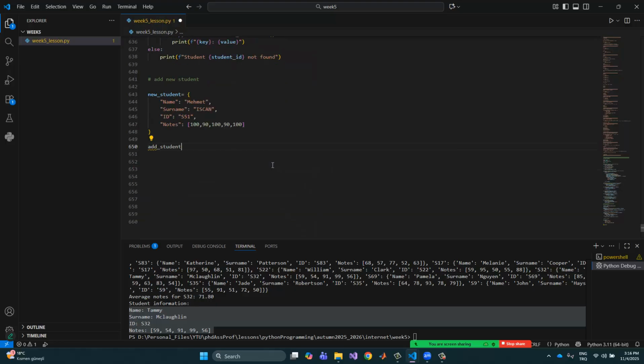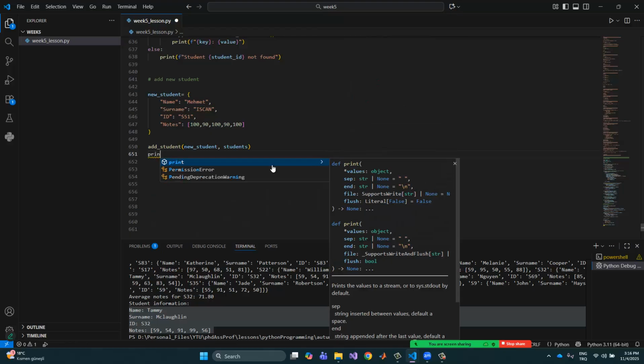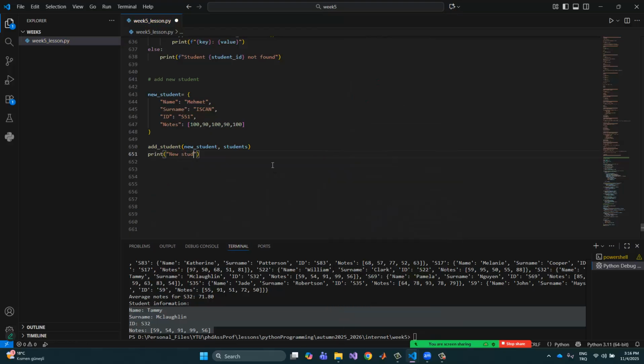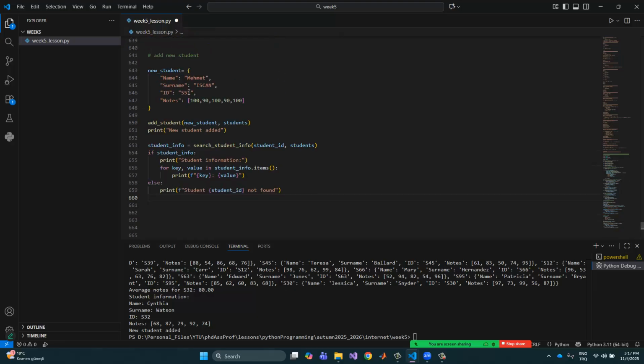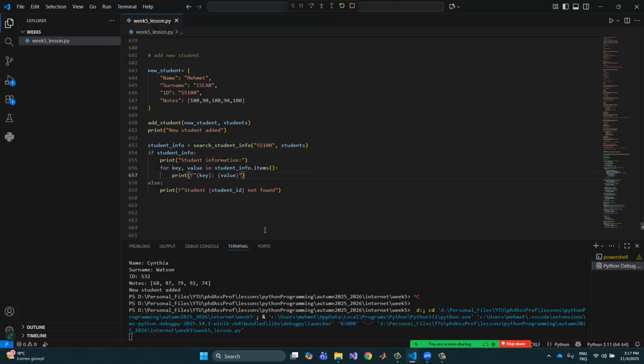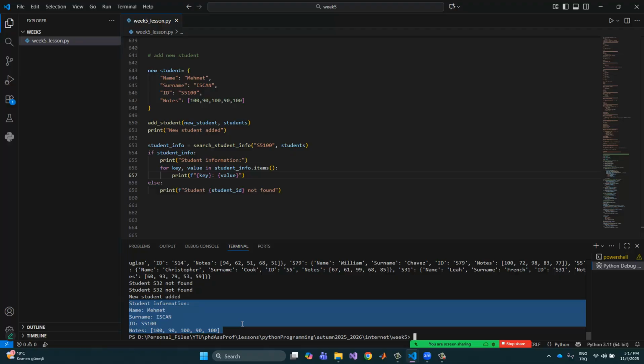So the add student function can be given with the students in here. Okay, and so we can print new student added. Okay, see, student added. And also we can search for this student in here, just like this one. This one is unique right now. Okay, and the student ID is given by this one, and so Mehmet İşcan is seen just like this one. Okay,